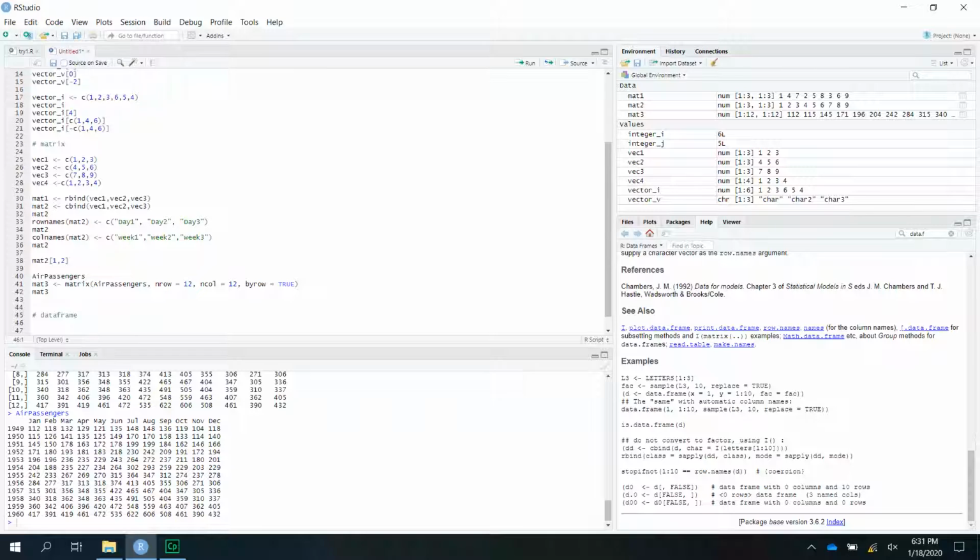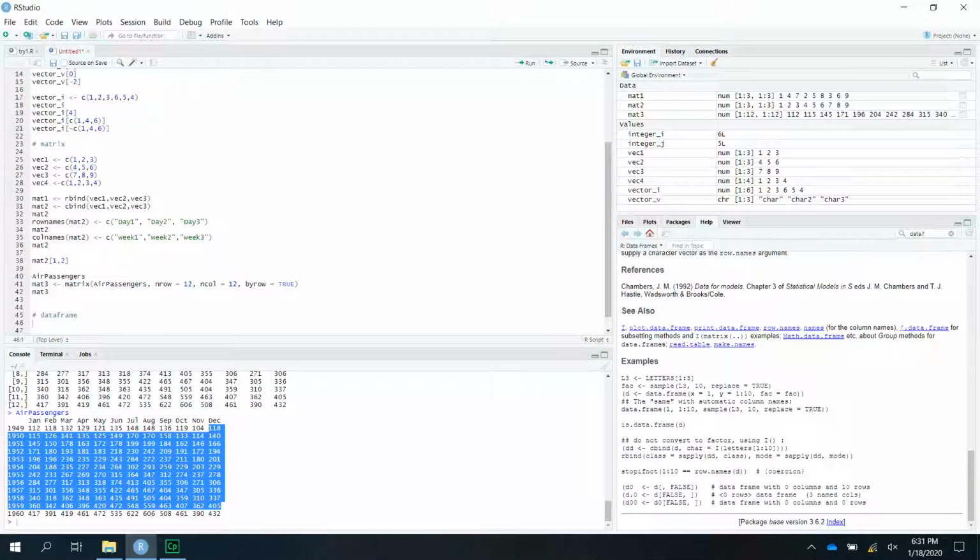So for that purpose data frames are there. So in these data frames we can put characters and integers in different columns. We cannot specify a column which is a